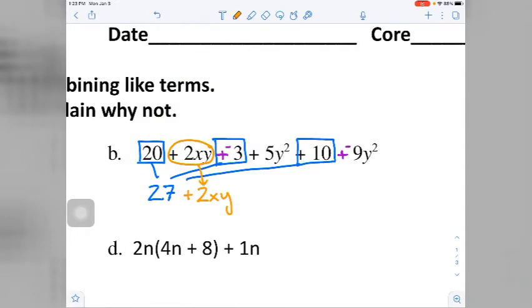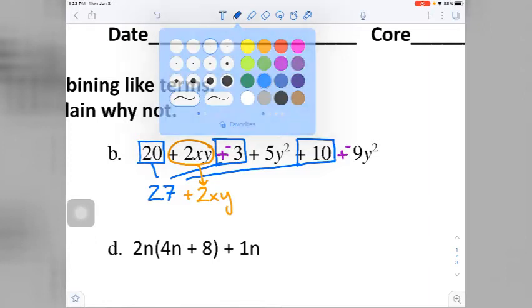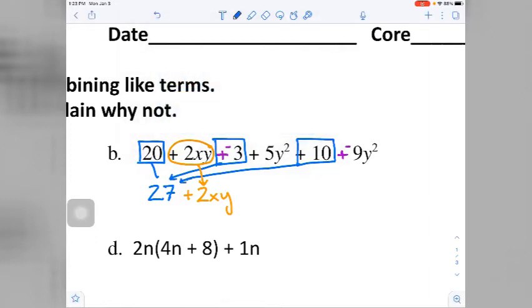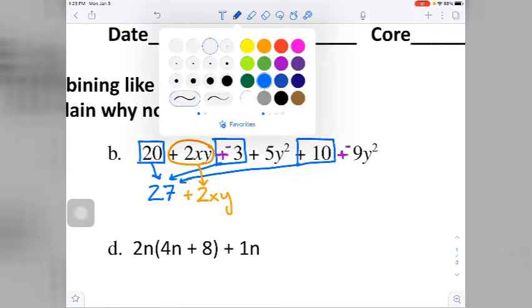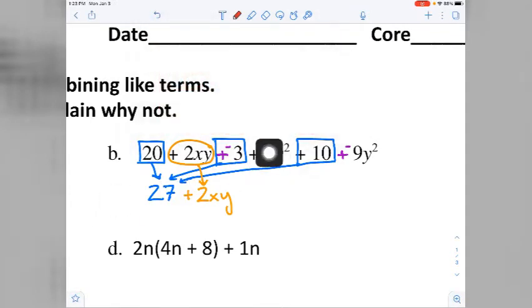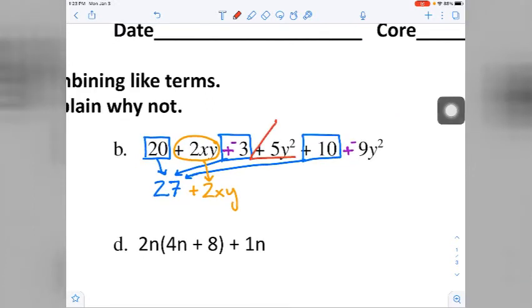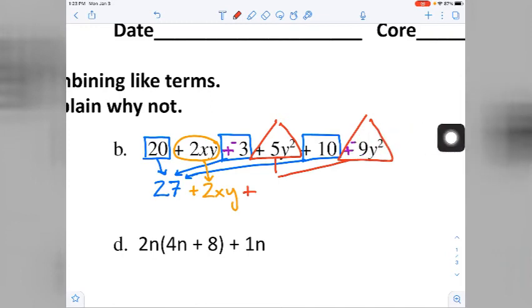And then the last one is, let's draw my arrowheads here just to be really clear about where these are coming from. The last one is the y squareds, and again, we have a positive and a negative. If you did not do keep, change, maybe you came up with 5y squared plus 9y squared and came up with 14y squared here. But if you are remembering that the 9 is negative and that it is going down and that you are not adding it, then you would get 5y squared plus negative 9y squared is going to